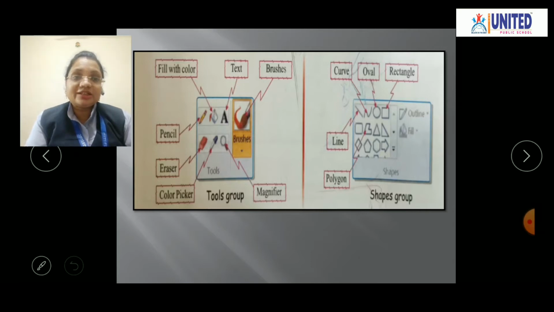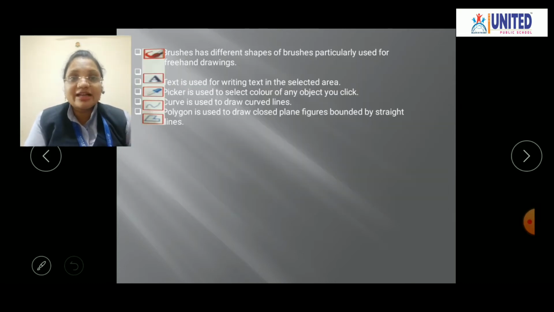Now what about the shape group? In the shape group, there are many geometrical shapes, such as curve, oval, rectangle, line, polygon. Okay, so these shapes we use to draw different kinds of shapes. Okay, so let us see about that.